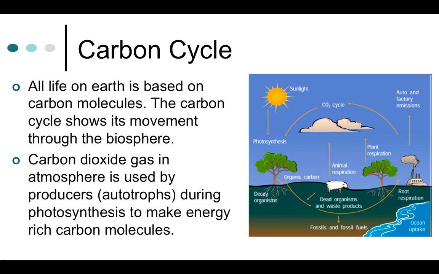The carbon cycle. All life on Earth is based on carbon molecules. The carbon cycle shows its movement through the biosphere. Carbon dioxide gas in the atmosphere is used by producers, autotrophs, during photosynthesis to make energy-rich carbon molecules. So again, we have our tree, which performs photosynthesis and takes carbon dioxide and sunlight and produces sugars, which are